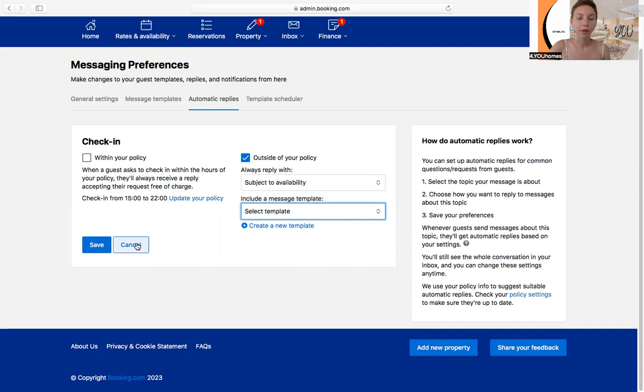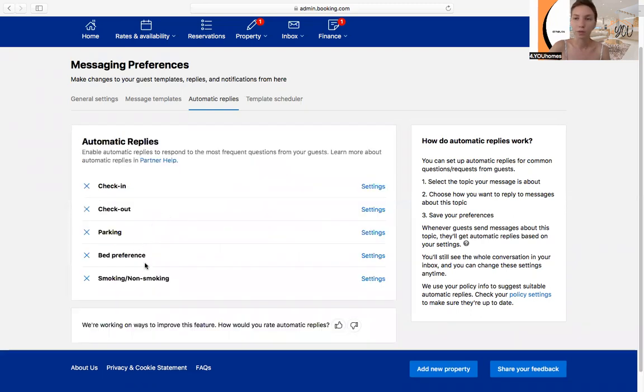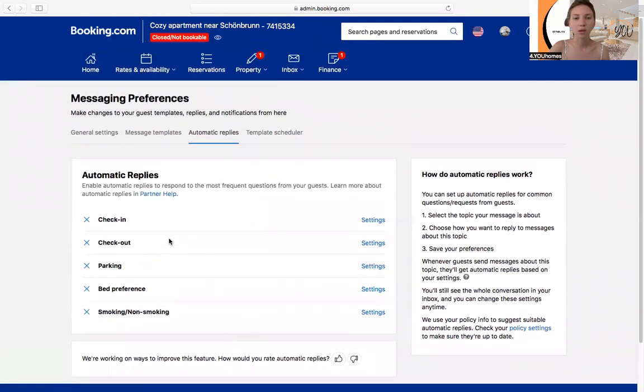But this, of course, relates to certain topics only, whether it's check-in, check-out, parking, for example, and so on. Basically, I would not use that. I would really go with a template scheduler, and for everything which comes extra, you can just see what kind of questions people ask most frequently, and maybe prepare a list of pre-answered questions and send this list with all the necessary information once the guest asks for any particular